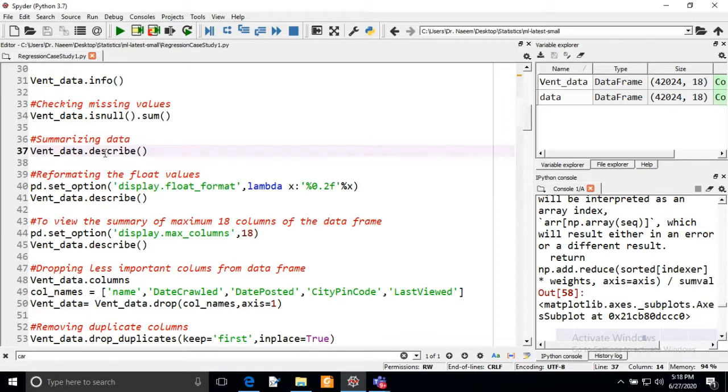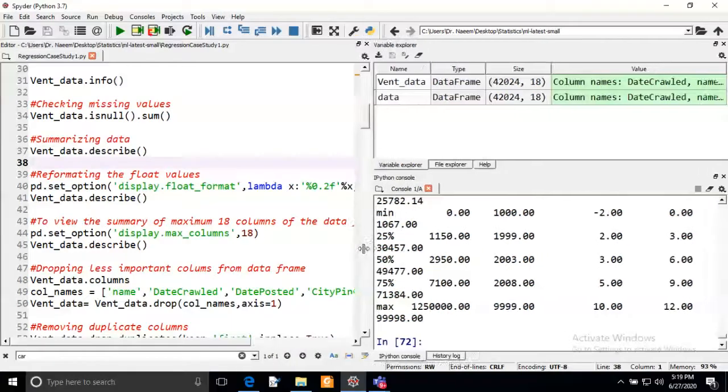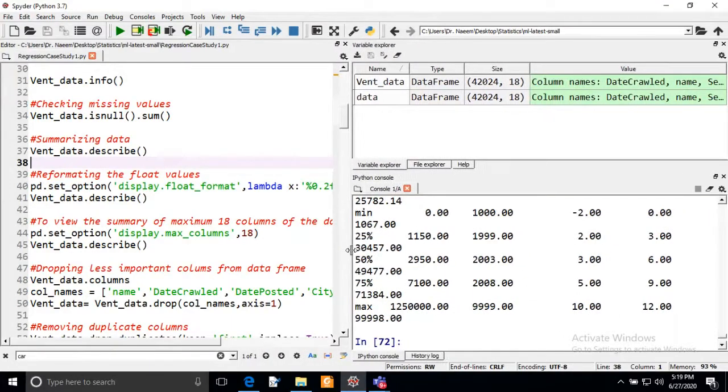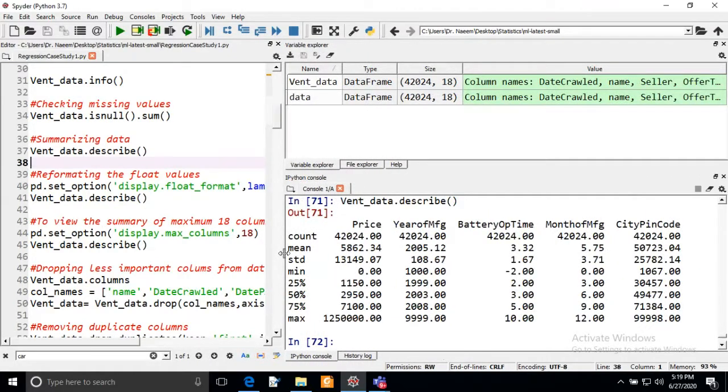Now we are going to look at the summary of the data, and in this summary we will see the mean, standard deviation, minimum and maximum, and quartiles. As I execute the vent underscore data dot describe function, it gives all this information.